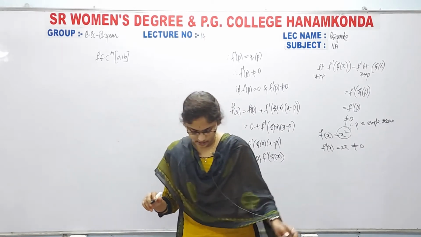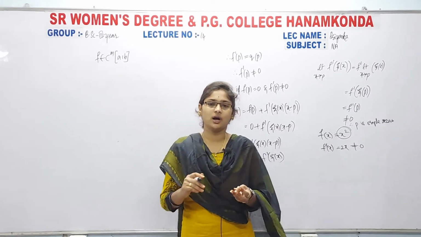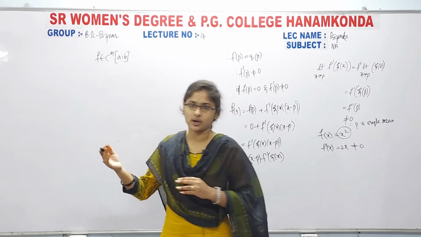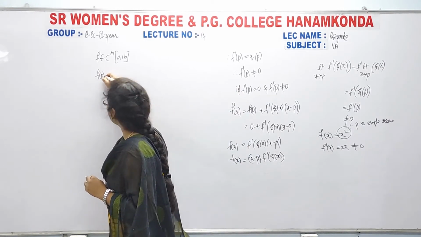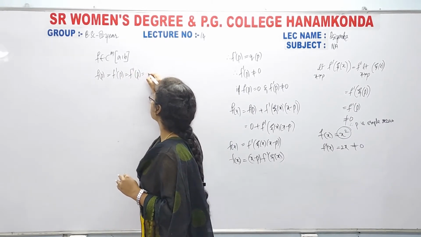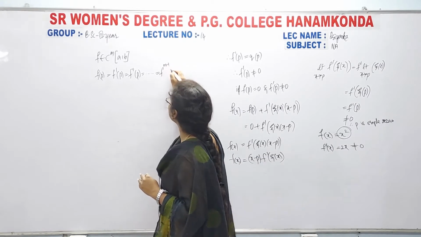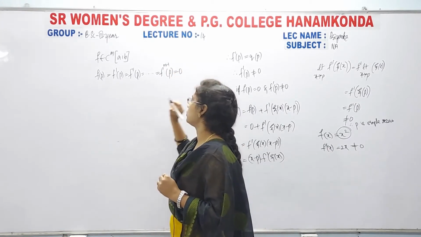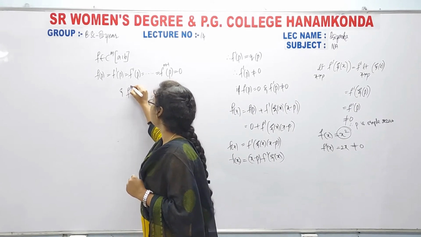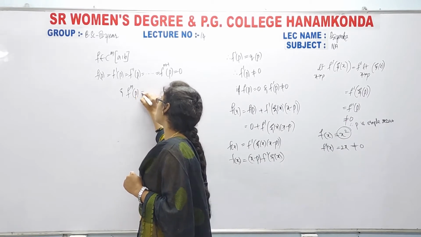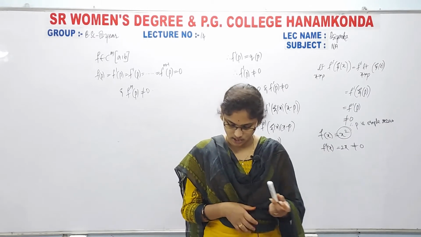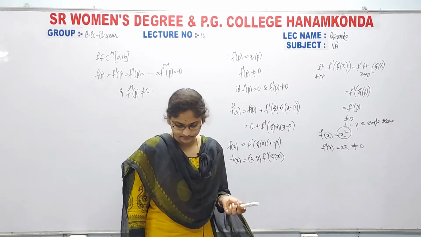Generally, just now we discussed one theorem for only simple root. Here I am taking that the multiplicity m. That means here f of p equal to f dash of p equal to f double dash of p equal to, and so on, f power m minus 1 of p equal to zeros. And the last one should be not equal to 0, no. So that's why the mth derivative of this value is not equal to 0. This is nothing but the general statement for this theorem.